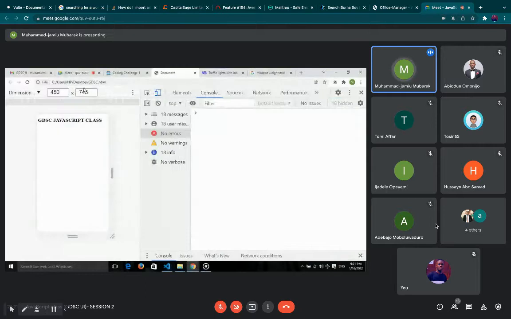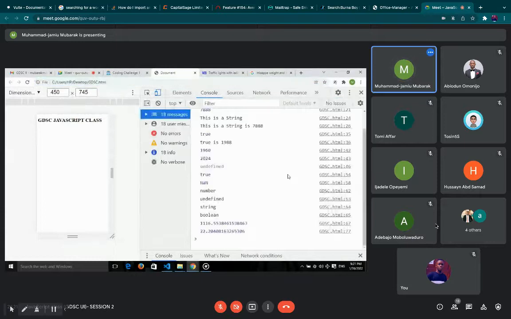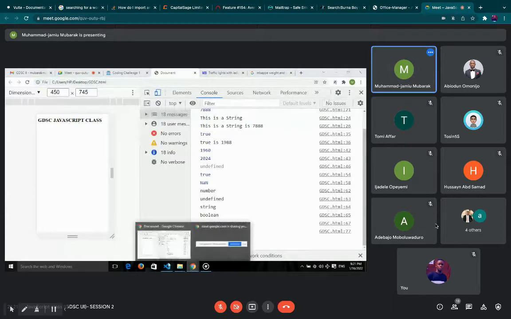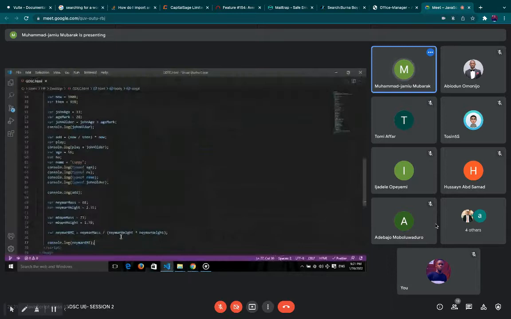I can't find anything in the console. Let me write it so that we see which one is which. Console.log, Neymar BMI is